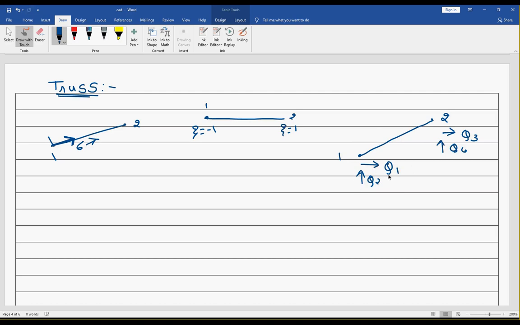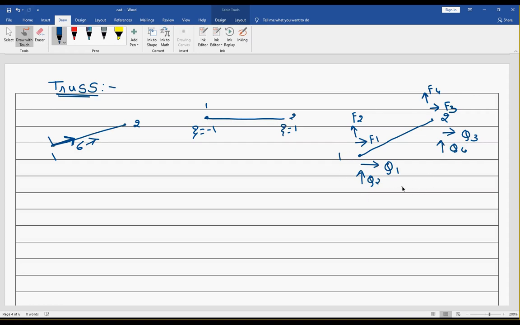So displacements will be q1, q2 and displacements will be q3, q4. Similarly, forces: the horizontal force which I apply will be F1, the vertical force will be F2, the horizontal force will be F3 and the vertical force will be F4. And of course, F1 and F2 could be replaced by reactions also. So horizontal reaction R1, vertical reaction R2, horizontal reaction R3, vertical reaction R4. In this way we have to follow all the nomenclature of the forces.